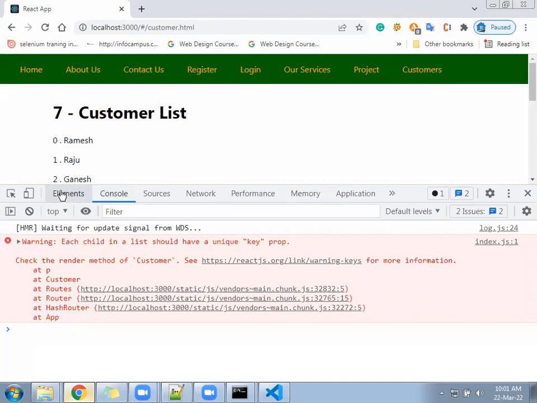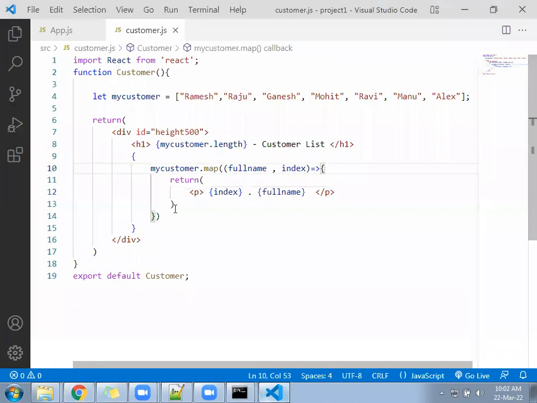Go to the console. In the console, hopefully you can see this error. What is it saying? Each child in the list should have a unique key prop. It says check the render method of customer, see something at p. Which tag is it saying? P tag. Okay, so this line is saying, look at here, inside the map function, you are generating the